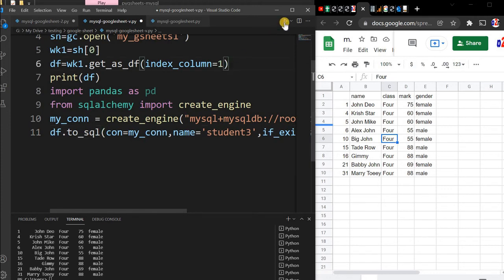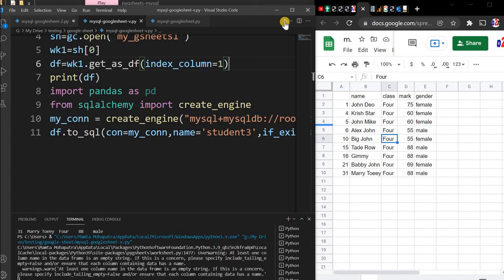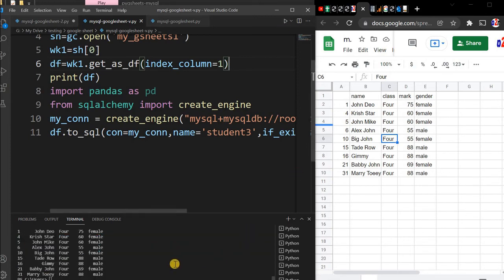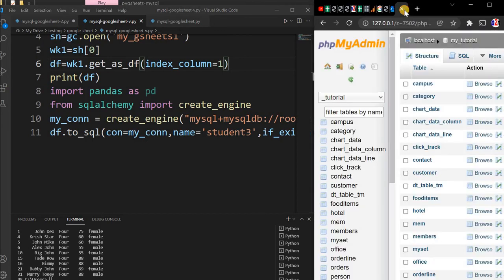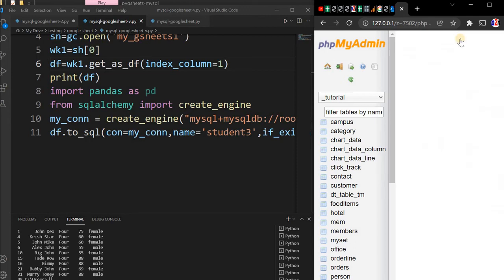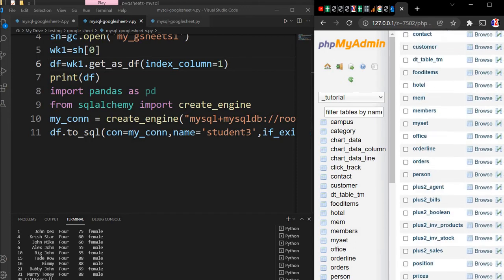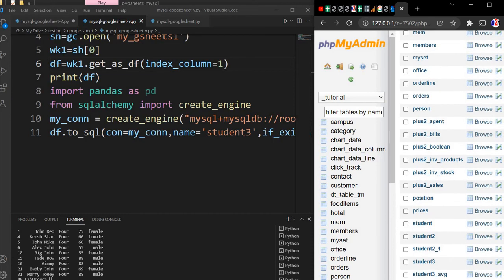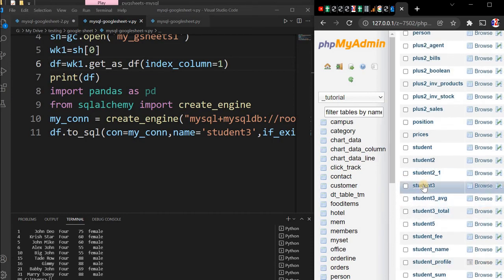Okay, let me just run this and see if any error message is there. If the execution is over, then the table must be created. Okay, fine. So there is no error. So now the table student3 is created. If you want, I can check it here. I have to refresh this and see my student3 should be there. You scroll down, student3 is here. So student3 is created. It was not there before.